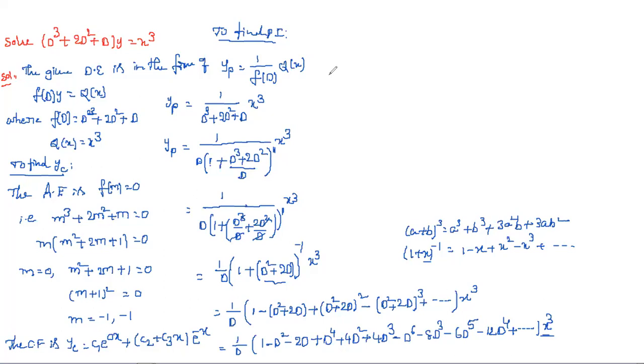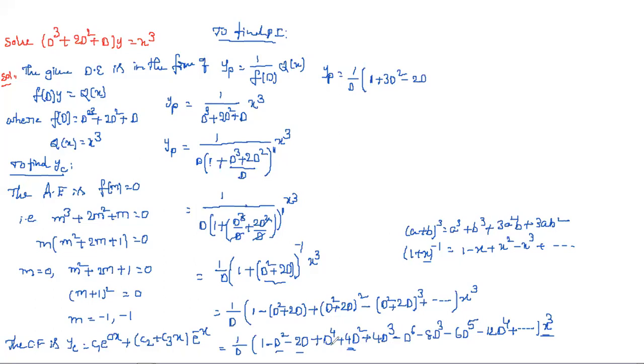So yp is equal to 1 by d into, here we can multiply instead of that one, x cube. And next, the d square terms. What are the d square terms here? Minus d square and plus 4d square, so that is plus 3d square. First we can simplify and then write. So the first one is 1, and next minus d square plus 4d square is plus 3d square. And next, here it is having minus 2d, and any other d terms? No. So minus 2d as it is.